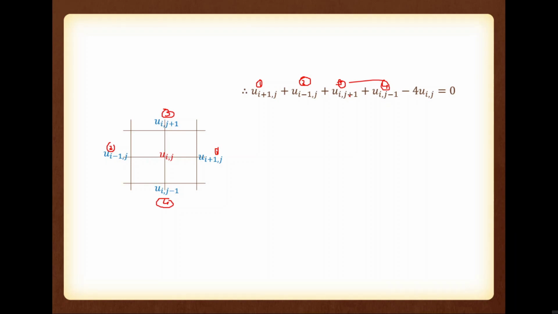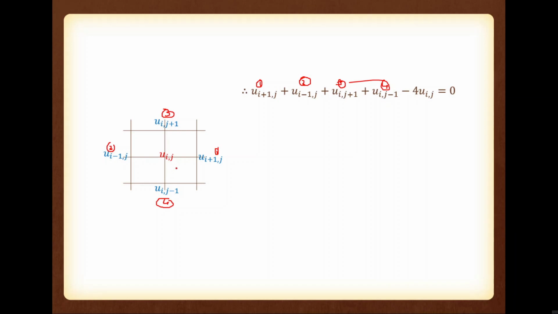It's also a boundary value problem. So those values are available. We have to find the intermediate points. So you have to substitute i from 1 to n minus 1 and j from 1 to m minus 1. So you can find each intermediate point by using these 4 points. You can see that these 4 points are the neighbor points of ui comma j.